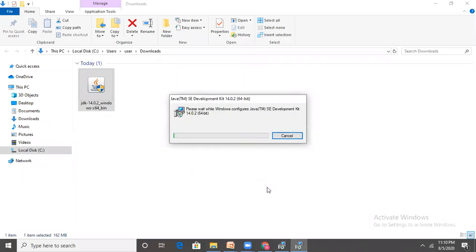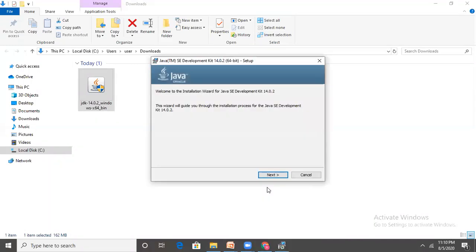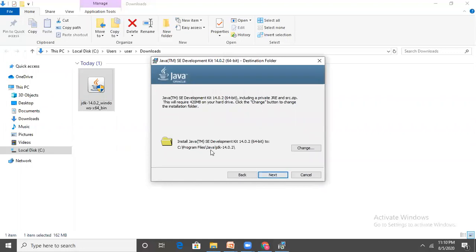So it is gathering the required information. This wizard will guide us throughout the installation of JDK. Simply click on next. This is the default path where Java is installed: C:, Program Files, Java, and within that one more folder, JDK 14.0.2.